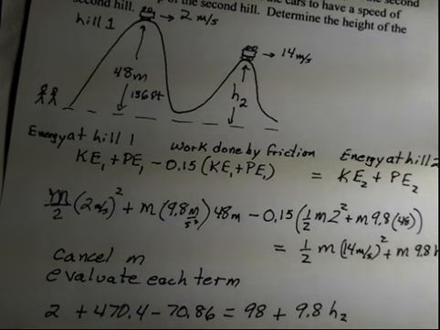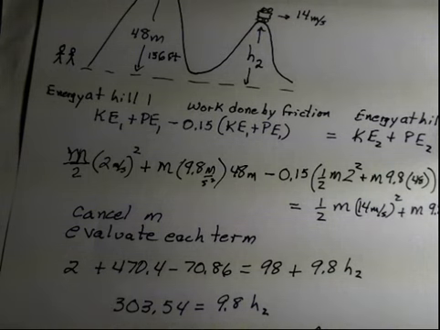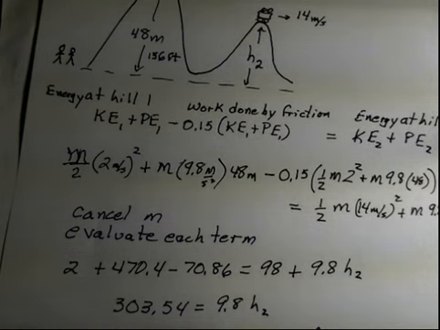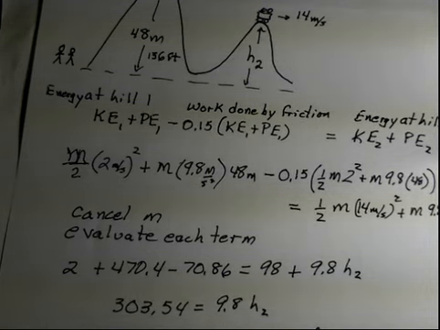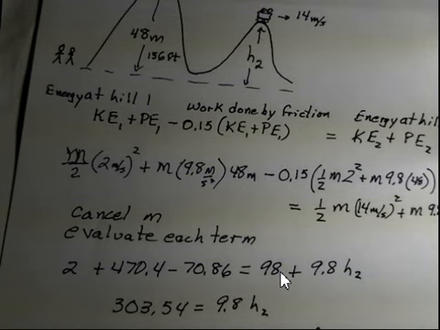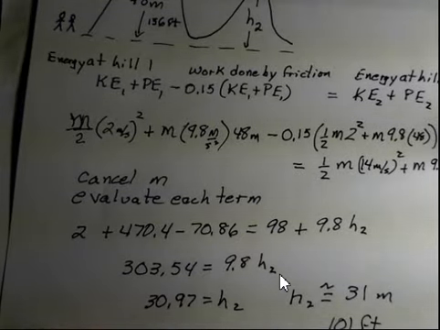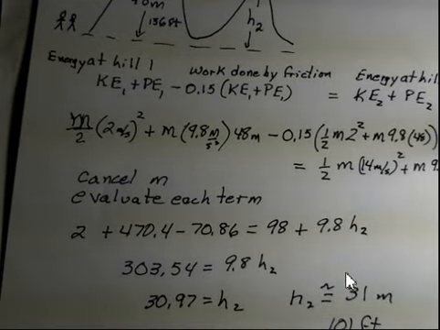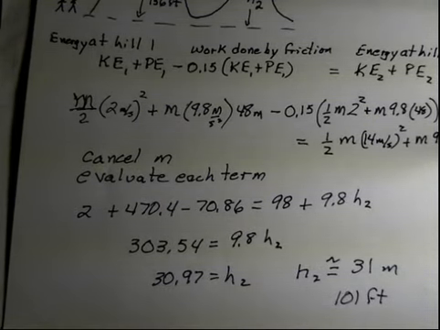Now we're going to combine the numbers together. I'm going to leave 9.8 times h2 on the right side, but adding the numbers, subtracting the 70.86, subtracting the 98, and to accomplish bringing the 98 term to the left side, I have to subtract 98 from both sides. Lastly, we divide by 9.8, and I find a height of around 31 meters, and that's 101 feet for the